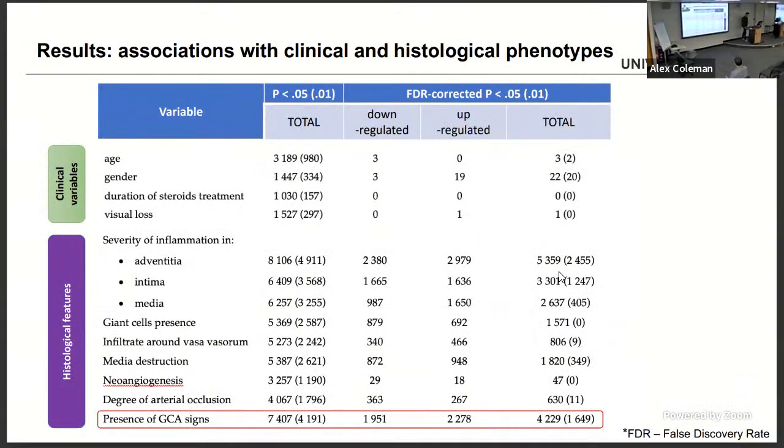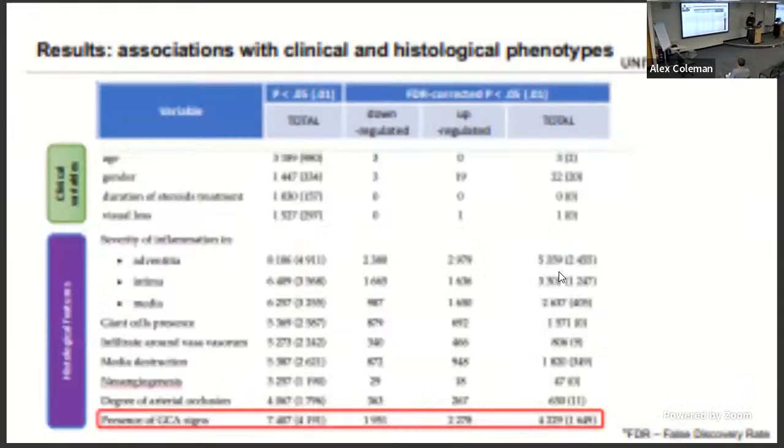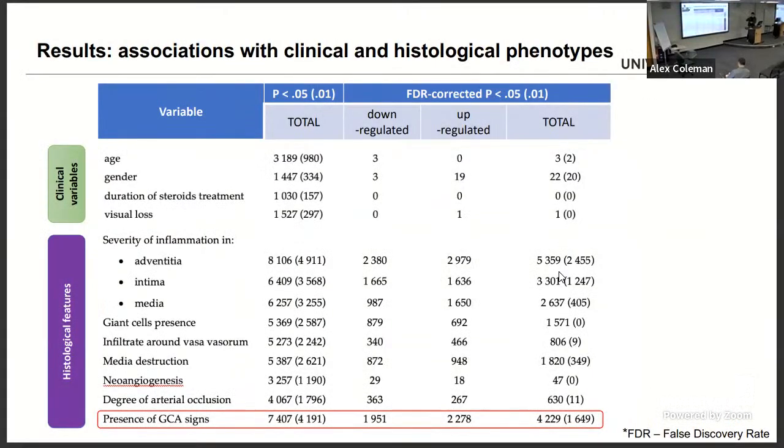And now, finally, moving to the main output of my analysis. So this is the table with the associations with clinical and histological phenotypes. So this is basically results of statistical testing. Same as previously, in the last column, these are the results after multiple testing correction. And as you can see, for clinical variables, we do not have much statistically significant results, except for a little bit for gender. While for some of the histological phenotypes, we did find a lot of statistically significant transcripts, which